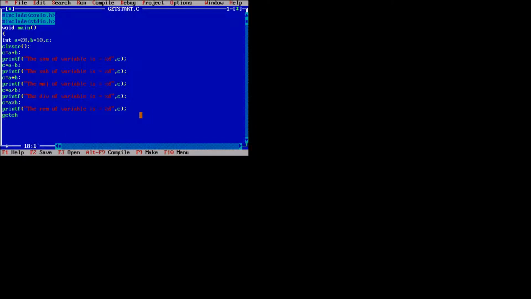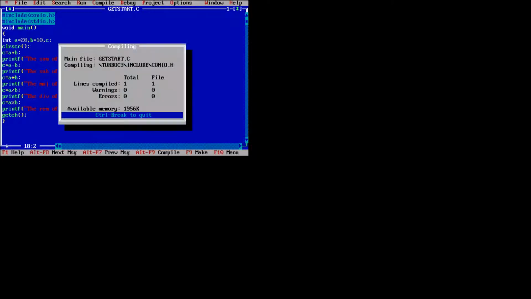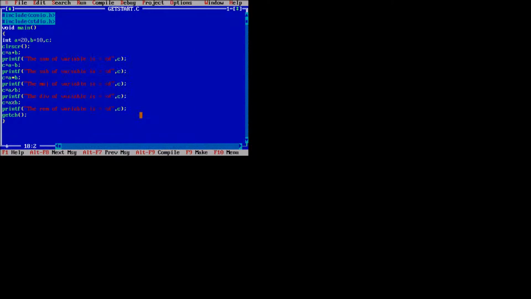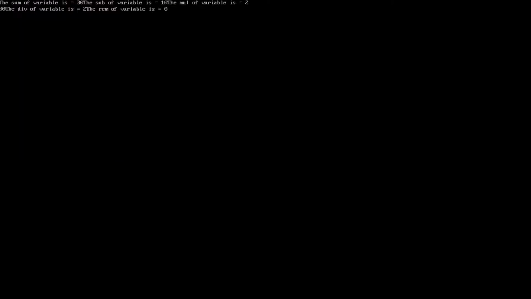getch, get a character, any one character which is not visible on the screen. Now run the program.